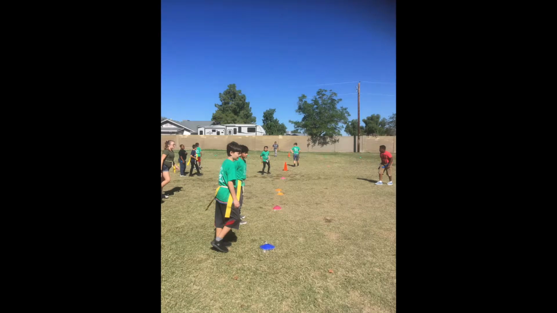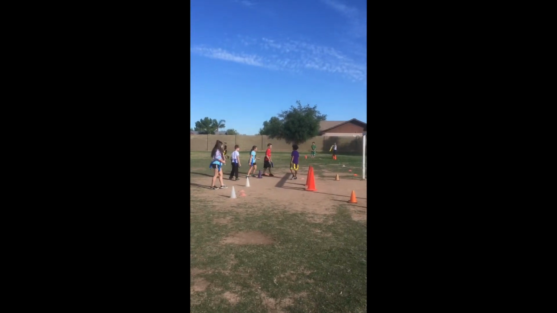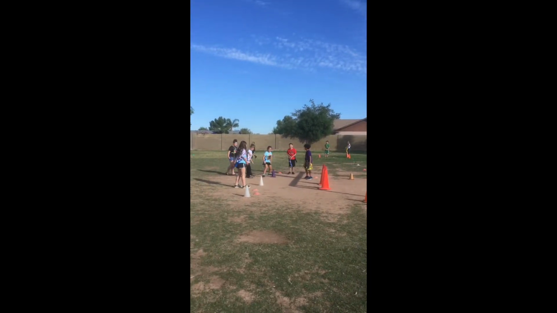Okay, quick review. The game starts with one side of the field all yellow and the other side blue. When the whistle blows, you can stay back and protect your flags. That would be playing defense. Or when the whistle blows, you can cross the line and try to make it into your safety box. And if you get in the safety box, you can stay there until you think you can make it safely